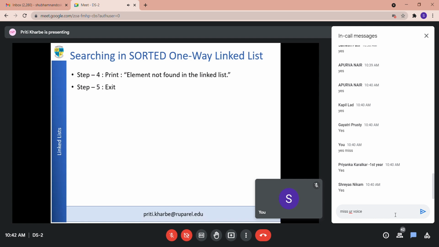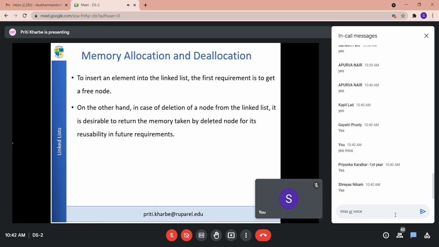That is called memory allocation and deallocation. To insert an element into the linked list, the first requirement is to get a free node. On the other hand, in case of deletion of a node from the linked list, it is desirable to return the memory taken by the deleted node for its reusability in future requirements.